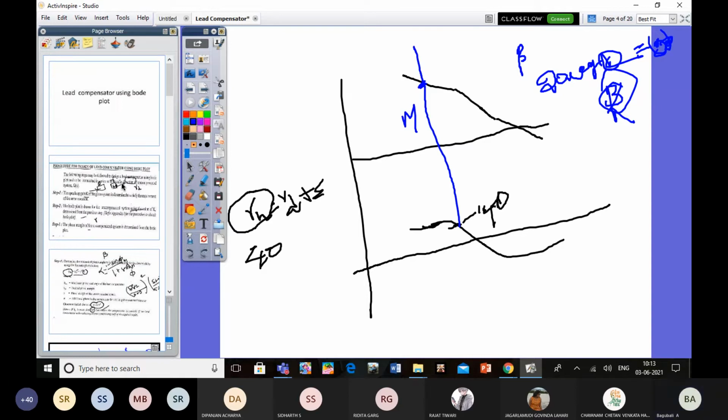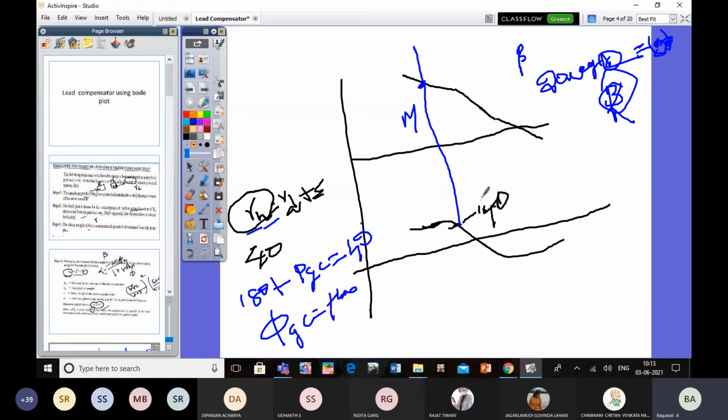Yes, sir. In the previous case, I gave gamma n. From this gamma n only, we identified 180 plus phi gc, which is called the phase margin. So this gamma n is called the compensated system phase margin. Suppose it is 40 degrees, we can get phi gc from that equation, it is minus 140. For this 140 degrees, we identify where it intersects from the phase angle plot, and you draw one line. It will intersect at one of the magnitude points. That magnitude only, we identified what the gain is.